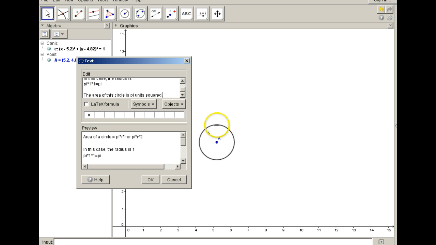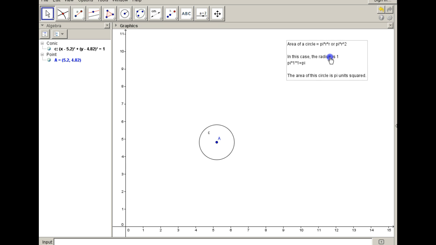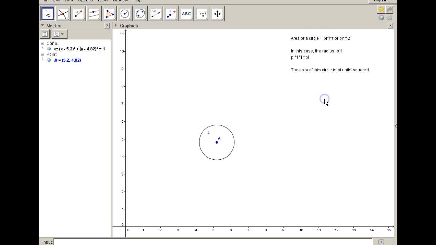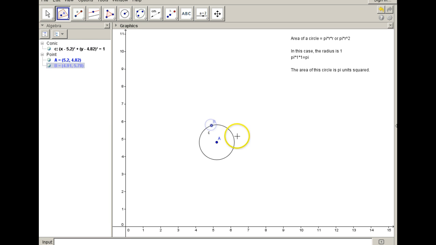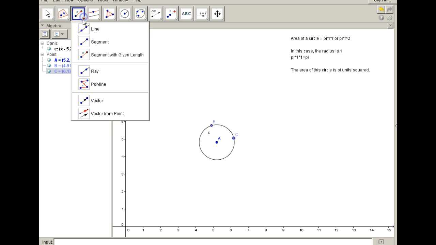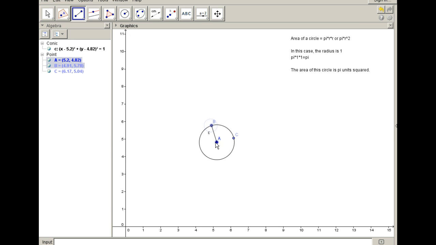Pi units squared, right? Okay, so let's just leave that there. We'll put this information right over here and have us something to think about, okay? The area of this circle is pi. But now let's do something else. Let's place a couple of points on our circle, and let's go ahead and draw the segments there,